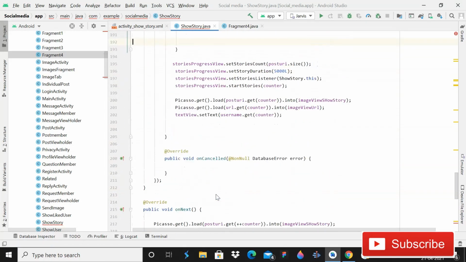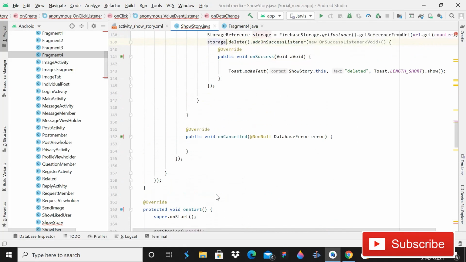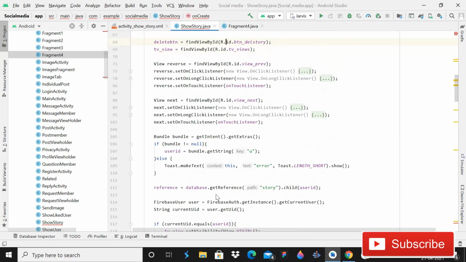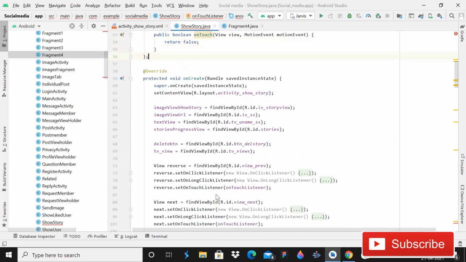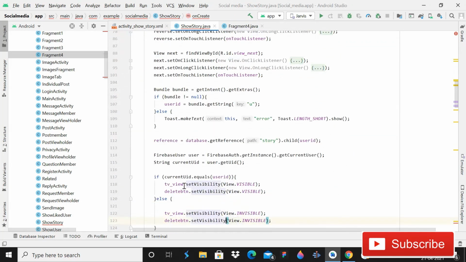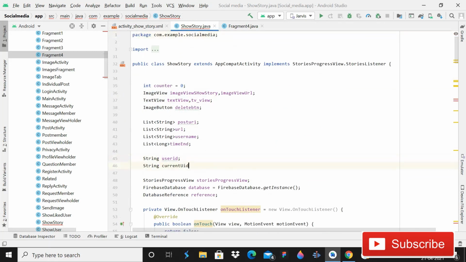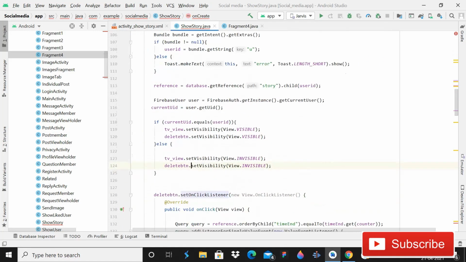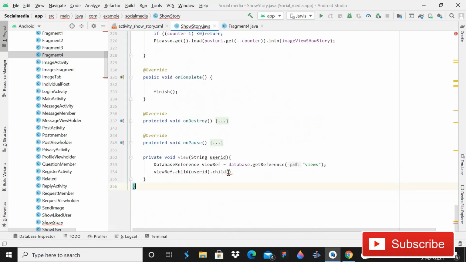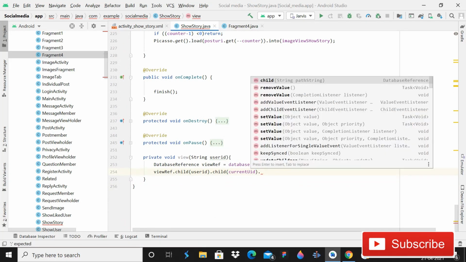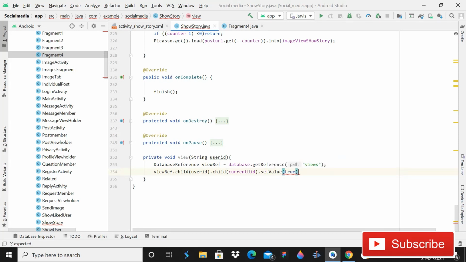actually we have to make it, where is the current user ID? I think you should make this current user ID public, so you will be able to use it everywhere. So Ctrl+C, then remove this string from here, Ctrl+Delete it, and then paste it here. Now it's public, so you can use it anywhere in this class. So this time when you write current user ID, you can see that it is showing here. Then you have to write .setValue, pass it through, semicolon. Done. So now we have a child for views.